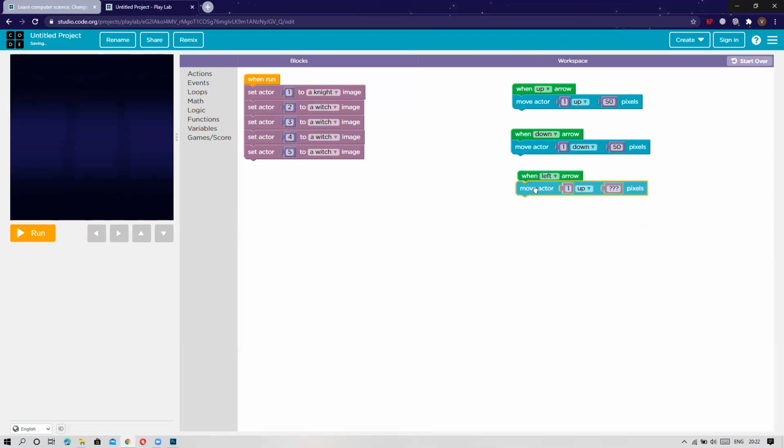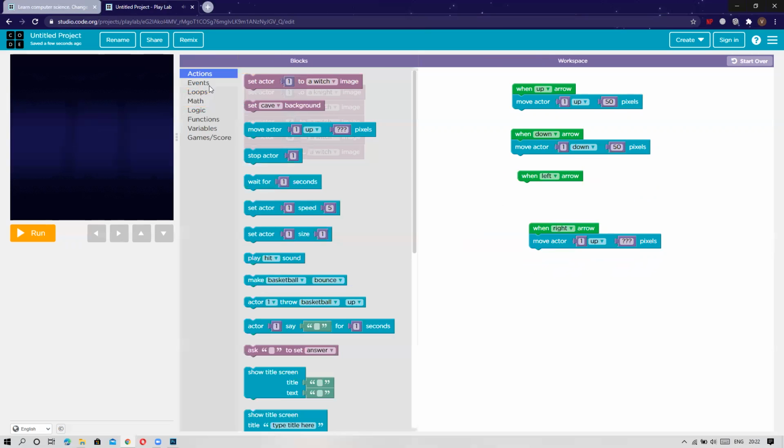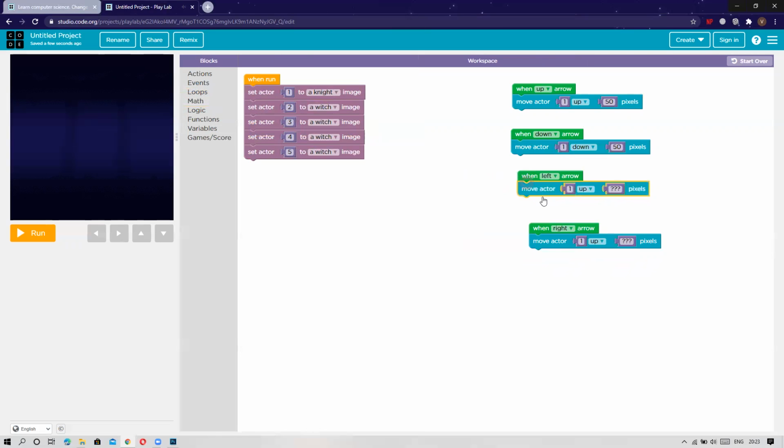Actions, we will choose for all of them. Just a second, this will go right, actions, move actor, remember to put pixels. Okay, this will go here, actions, pixels. So this is done.